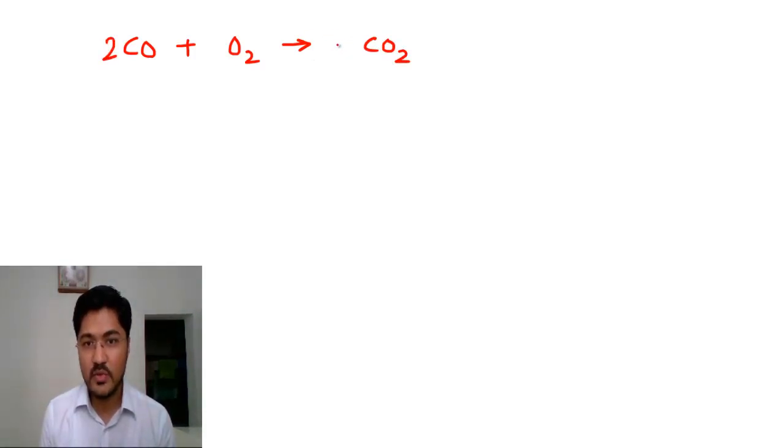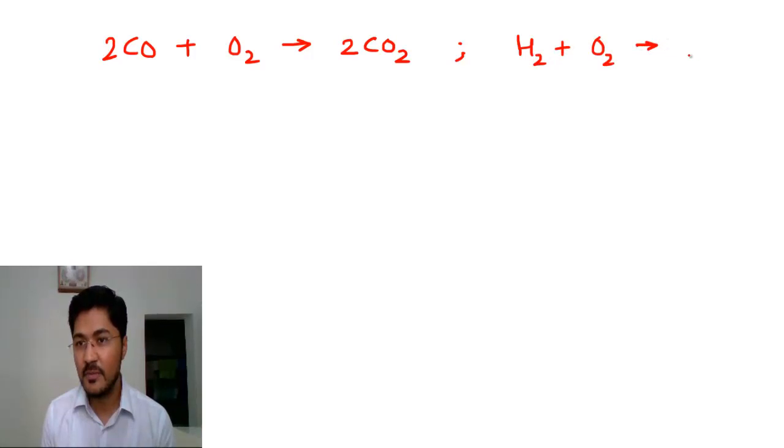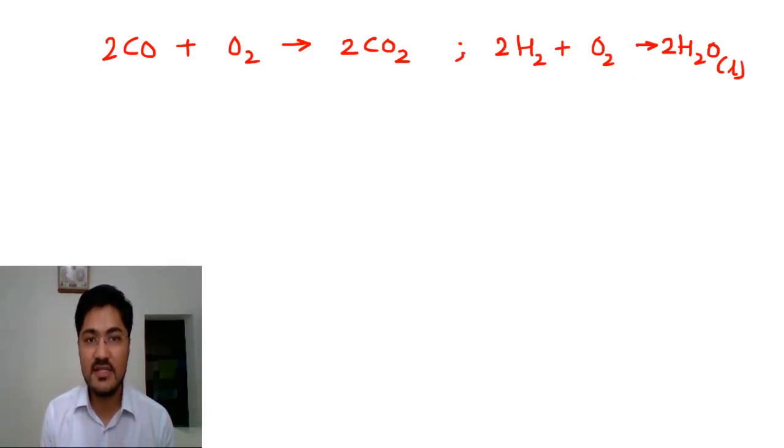So this will become 2 and this will also become 2, and the other reaction would be H2 plus O2 gives H2O. So here it becomes 2H2 plus O2 gives 2H2O, and this will be liquid as the question is given, it's at room temperature. And let's apply Gay-Lussac's law. 2:1:2